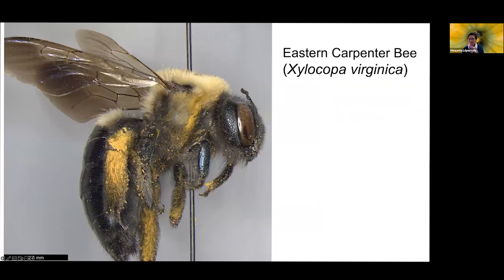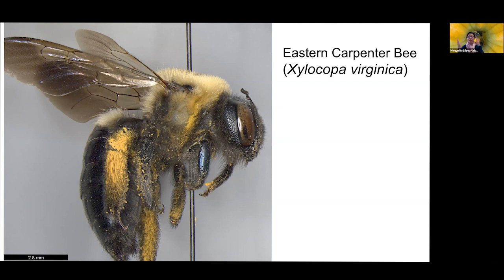Okay, those were the fun facts about carpenter bees, but for the rest of the presentation, I'm going to focus on the eastern carpenter bee. The scientific name is Xylocopa virginica. Both in New York and in Pennsylvania, this is the only carpenter bee. In the south of Pennsylvania, we're getting reports of a new species coming from the south of the US, but this is the only carpenter bee that you will see in northern latitudes.